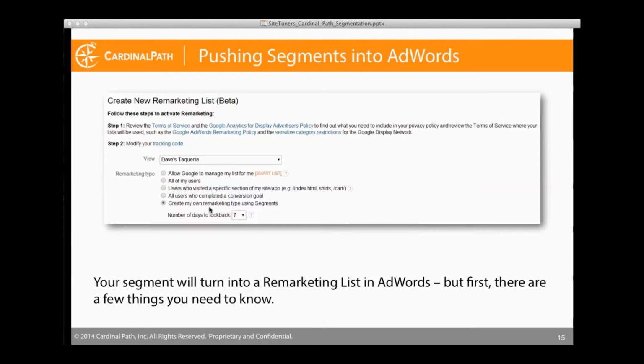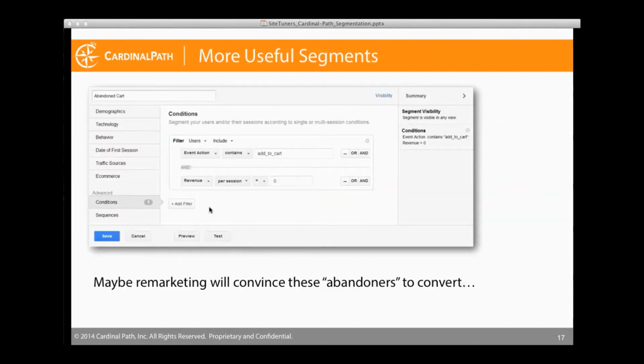So when I click on Remarket, it will take me to an interesting screen inside the Google Analytics administrative panel. So you do have to be an administrator here. You do have to have your AdWords and Analytics accounts linked. But in this case, we've got a fictitious view of my taco stand here. And in this particular case, what I'm going to do is take this data from my taco stand and the segment that I've created in my taco stand's Analytics account, and I'm going to create an AdWords